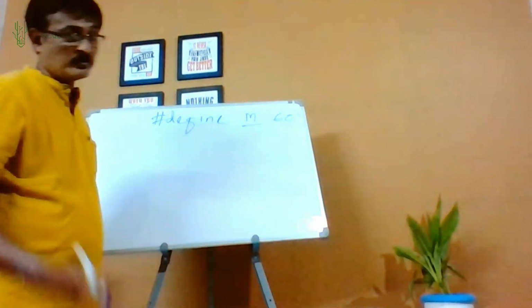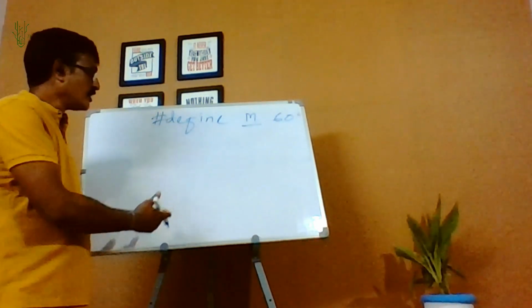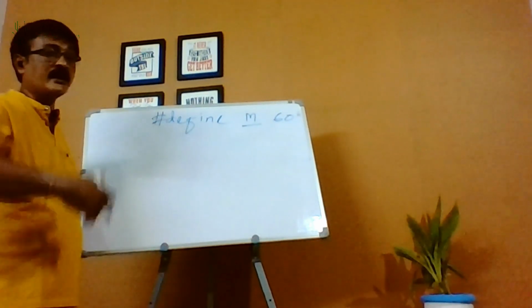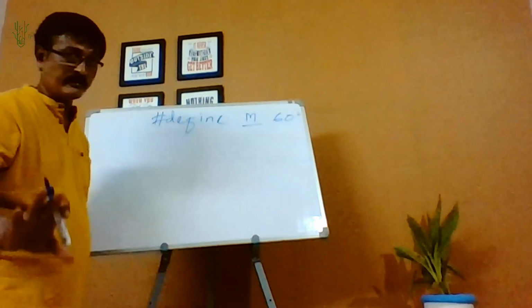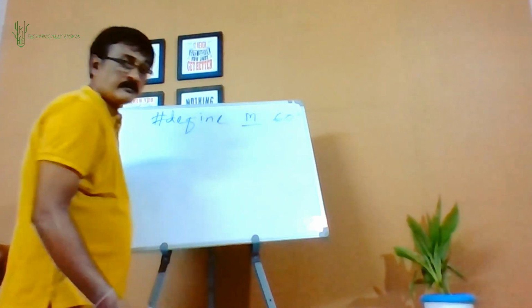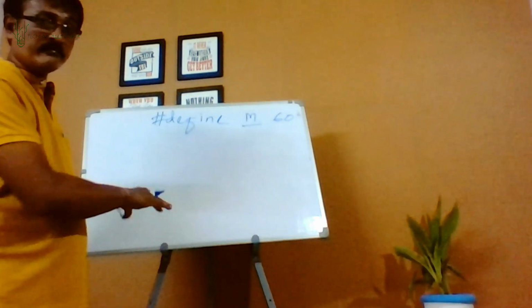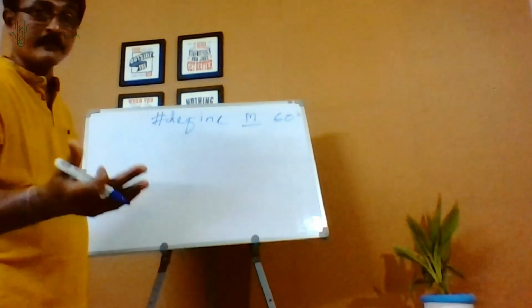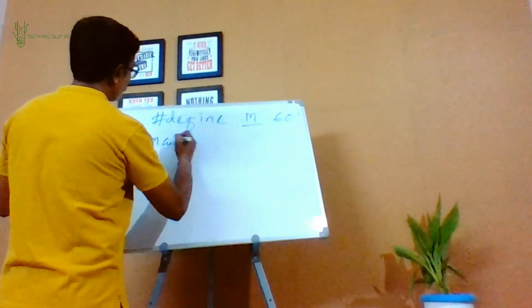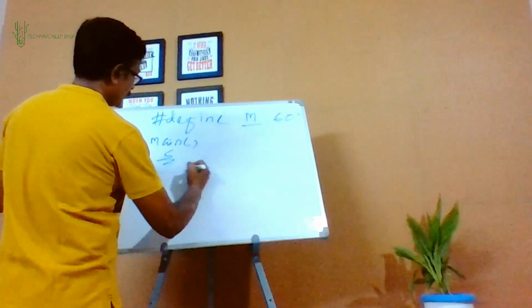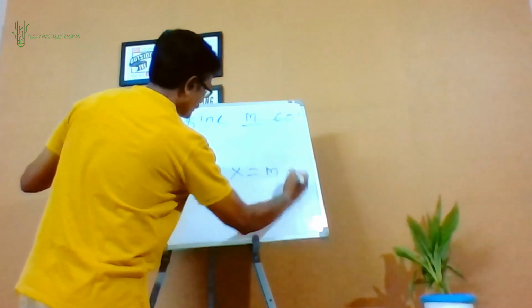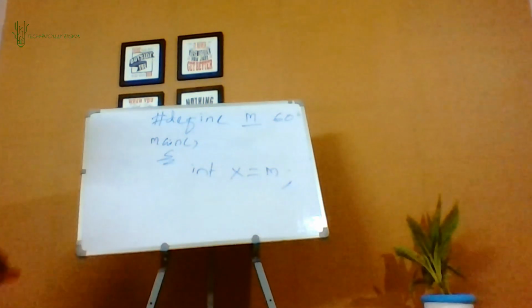Remember that. Obviously, it cannot be changed. You can never change the value of a macro. Yes, you can define it, redefine it, or undefine it. That's another issue. But you cannot say AIM, add 5 to it and store it inside it. No, that's not possible, because AIM will be expanded. Look at this. This is your source code. You have a main function, and here you have a variable x is equal to AIM.